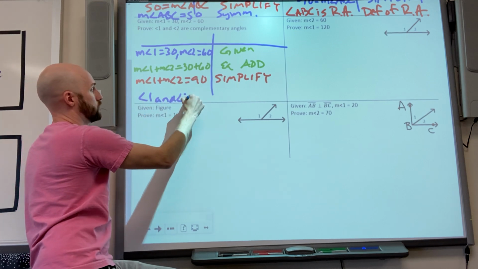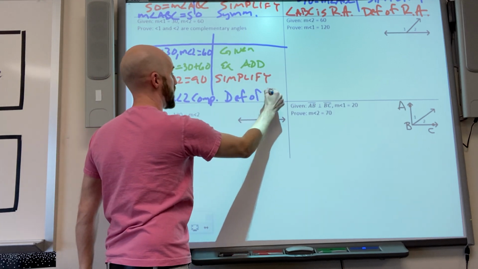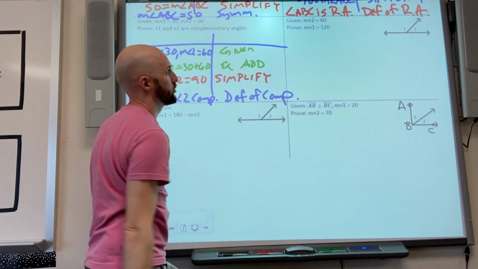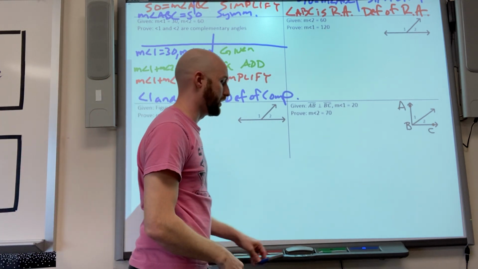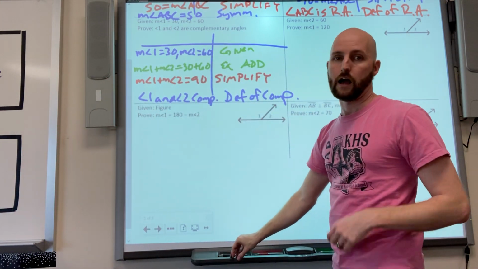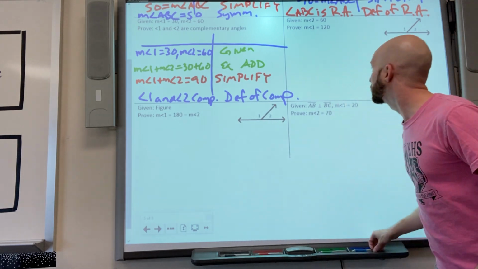Angle 1 and angle 2 are complementary, and that is the definition of what a complementary angle is. Okay, another one. And in class, we might have gotten about here, but we're going to keep going, just all on one video for you. This one,